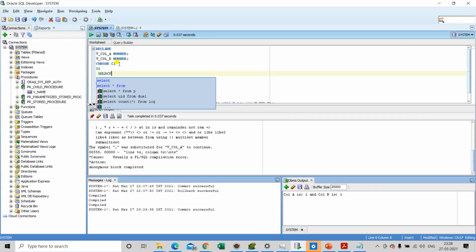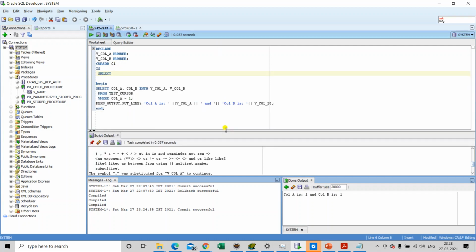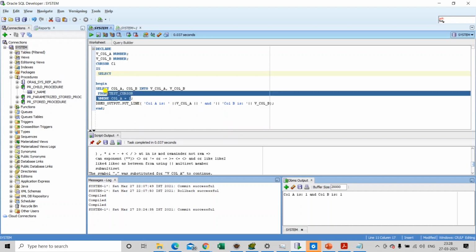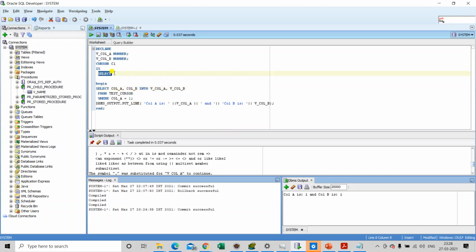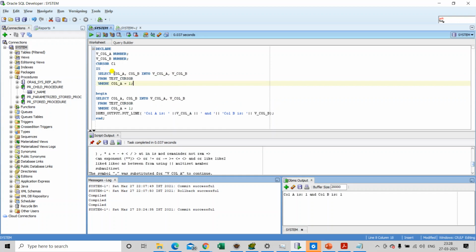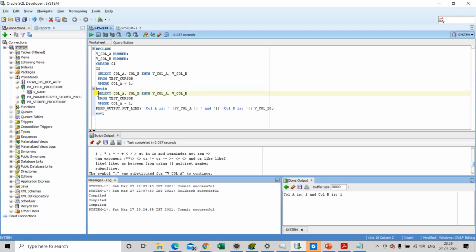Now in place of putting the query inside the execution block, we will be putting the same query inside the cursor c1 is command. So in that way the underlying query is same, the only difference is we are explicitly declaring our cursor. Let's comment it.